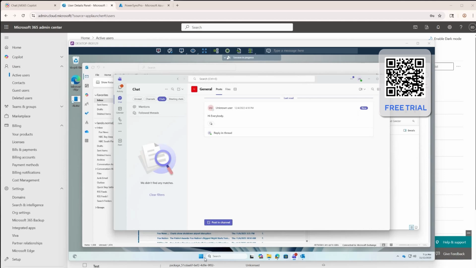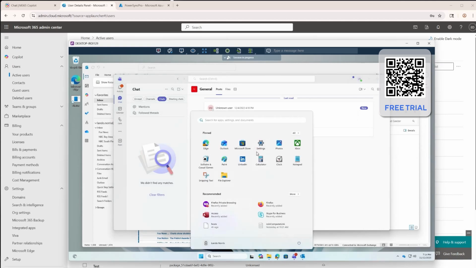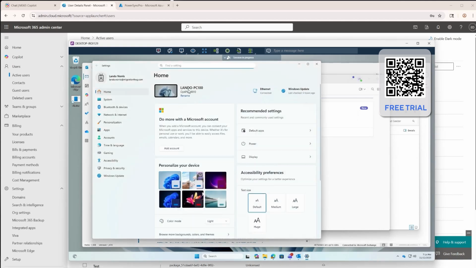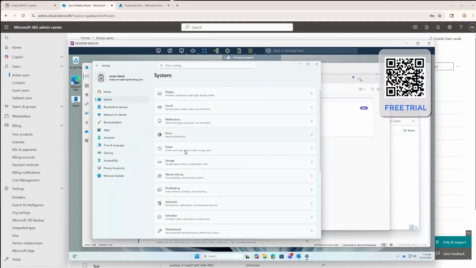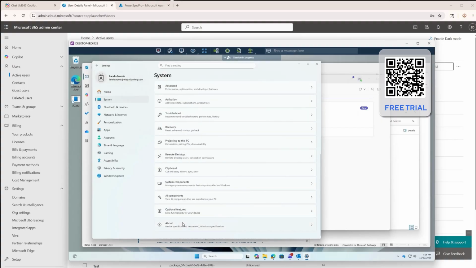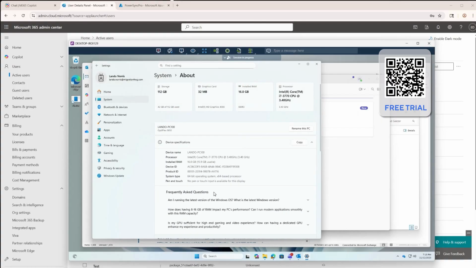So let's have a look at the settings. Let's have a look at the machine itself. You can see it should have the same name. Here we are, Lando PC100, which is nice to see. And if we have a look at the system, you can see there, well, first of all, there's the UPN there as a start. But if we look at the about here, just for the machine itself,